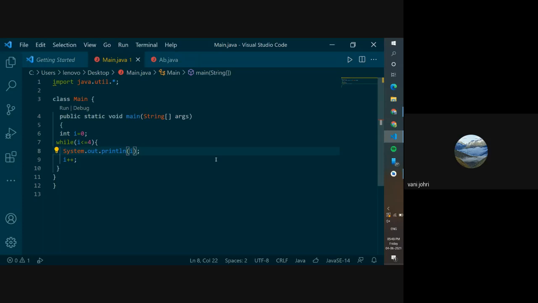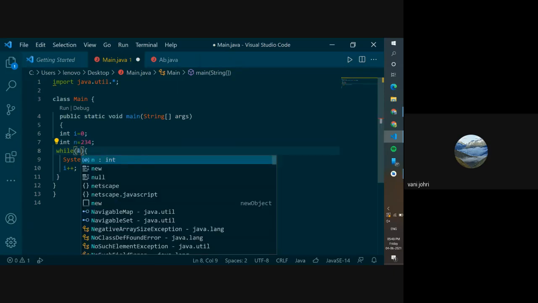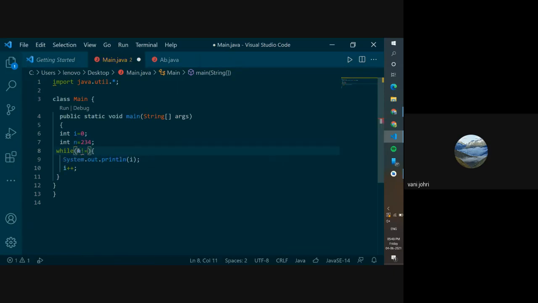So I'm gonna now try to explain to you, this is a cool thing you can do with while. You can break numbers down. So let's say you have an int n equals 234, and then you will write while n is not equals to 0, right? And then, I don't really remember. Let me try.